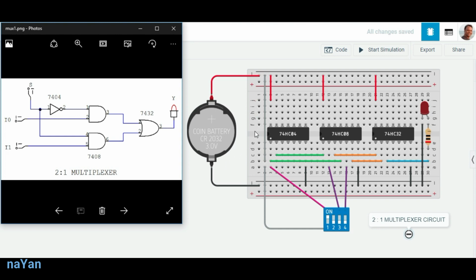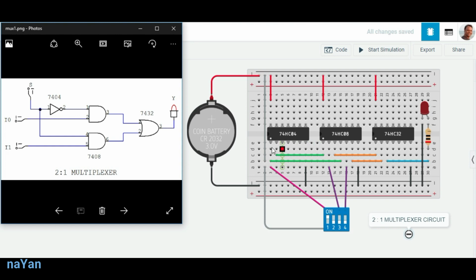As we know, we are using 3 ICs: the NOT gate IC 7404, the AND gate IC 7408, and the OR gate IC 7432 in this experiment. So we are using the first NOT gate of 7404, the first and second AND gates of 7408, and the first OR gate of 7432.